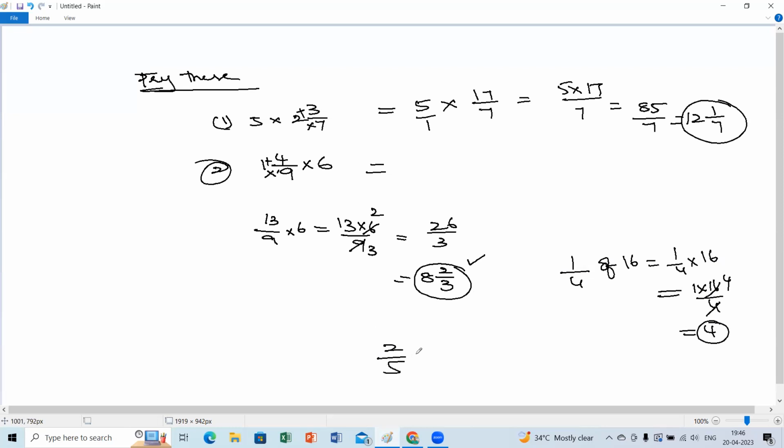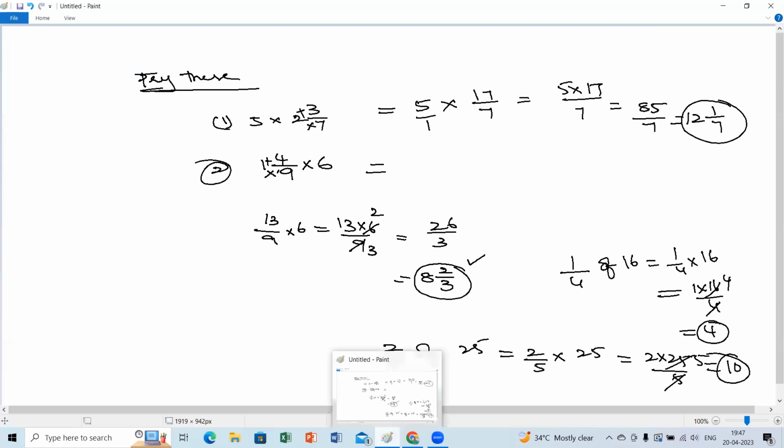Same way 2/5 of 25. Same thing, children. 2/5 means multiplication with 25. This is once again 2 into 25 by 5. 5 1s are 5, 5 5s are 25. So 5 2s are 10. 2/5 of 25 means 10. You can ask your friends today, I want a half of